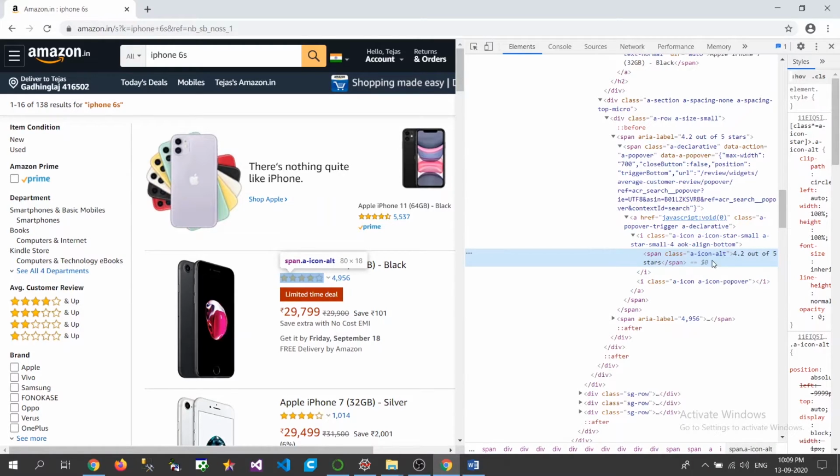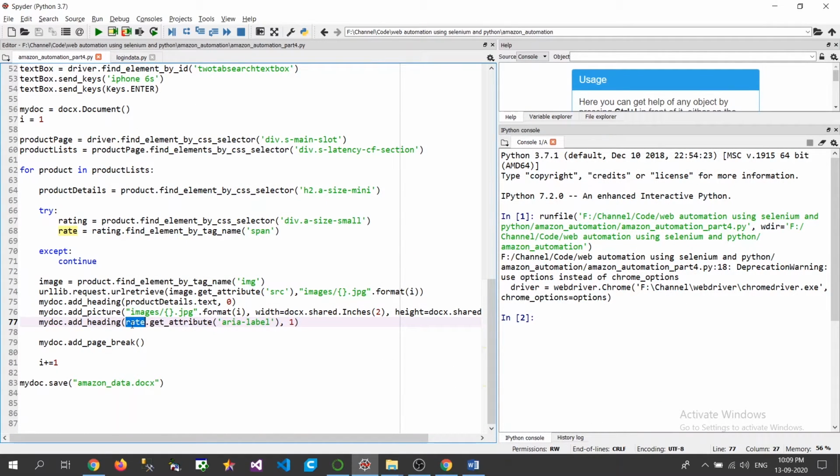So using the tag here of the rating instance, I have fetched the details, and using the get attribute function I have added that rating part into the document, and after that I have added a break. So after every product insertion in the file, the next product will be added into the next page. It looks quite good in formatting.